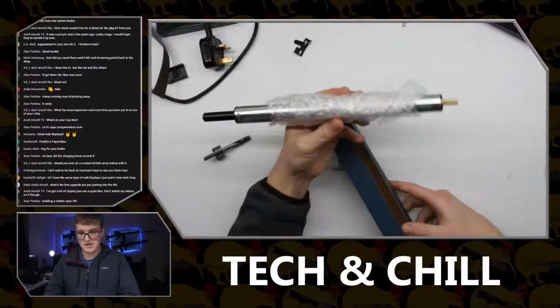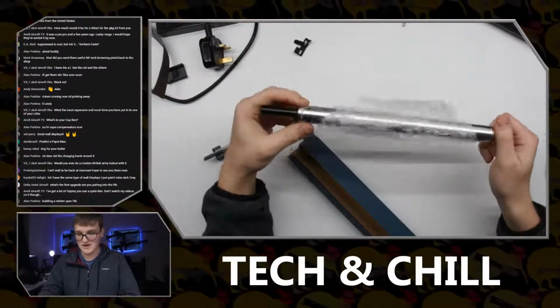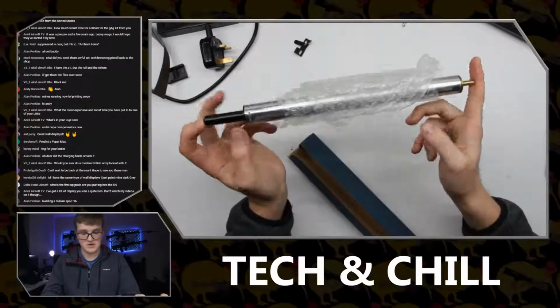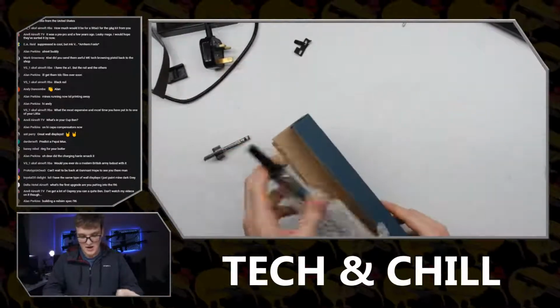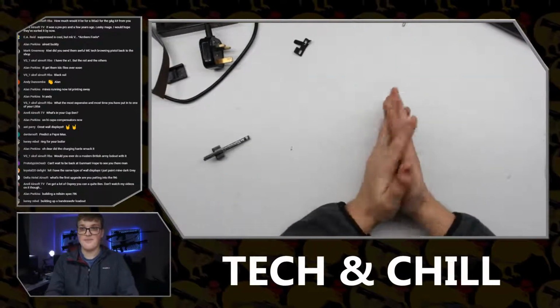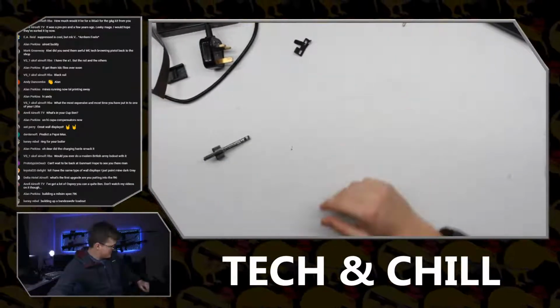Oh wait, no. This is a Well cylinder. I have an Airsoft Pro cylinder and cylinder head, and a cylinder nozzle. They're currently sat in the Well rifle I have. One of my mates actually has an